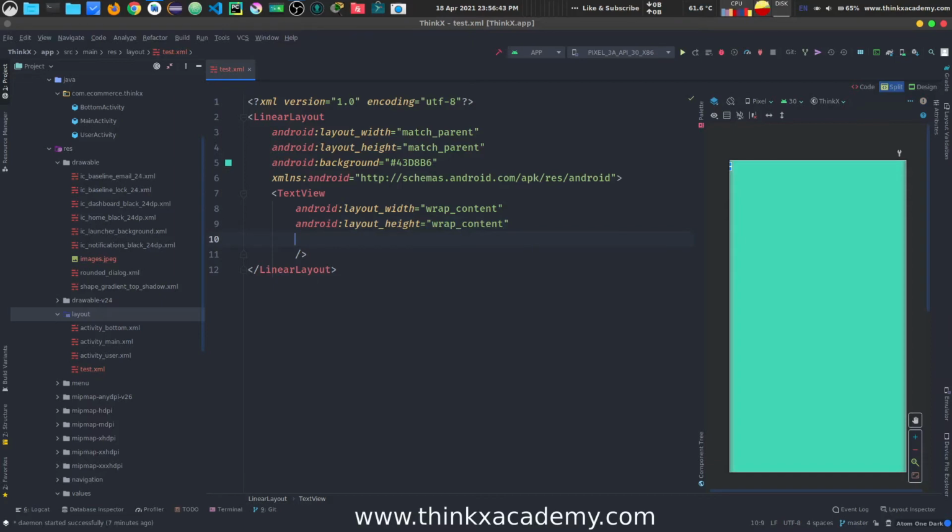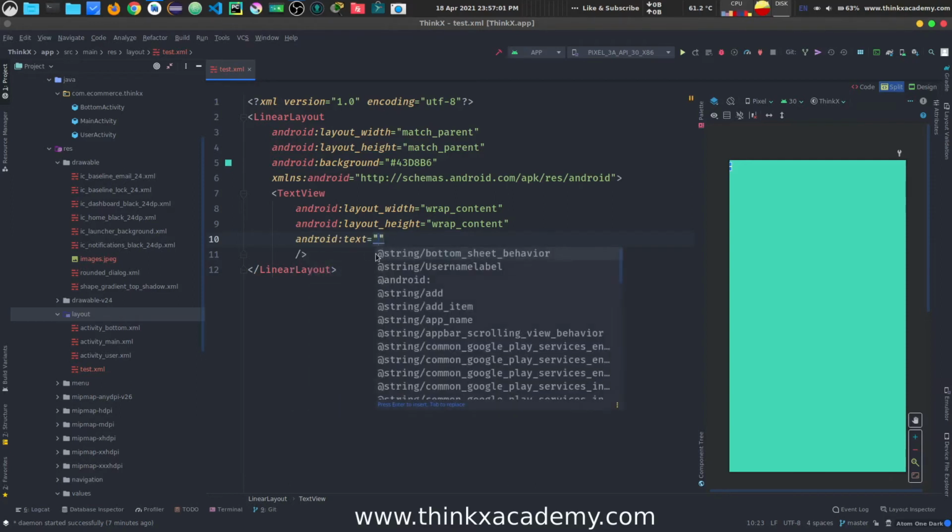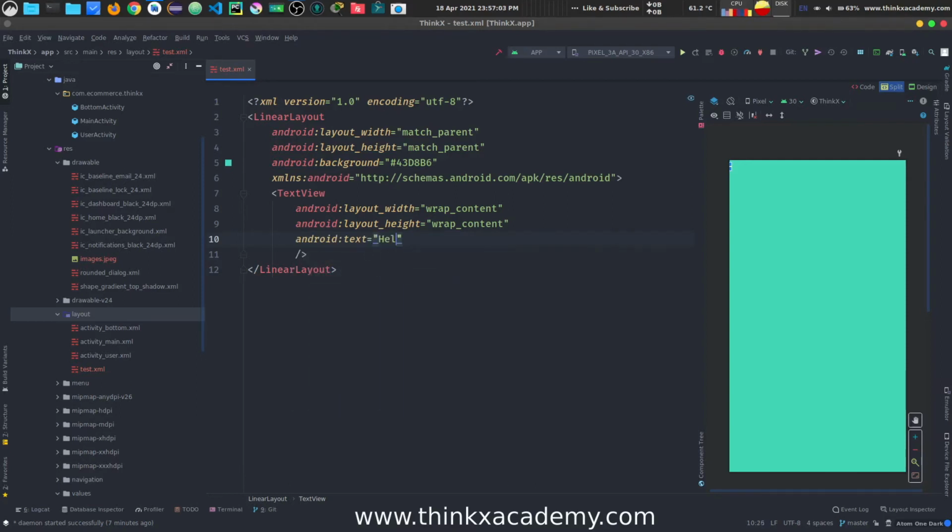Now let's say you want to insert some text inside of this. So again we will use common sense. We will just write text and you will see some options here. Align some text, or if you want to give some color to the text, you can do that, but we are going to use Android text. Now here I will just type hello world, right?